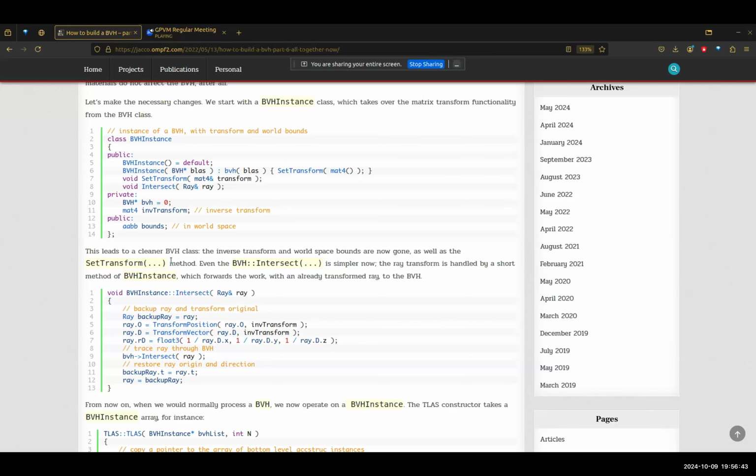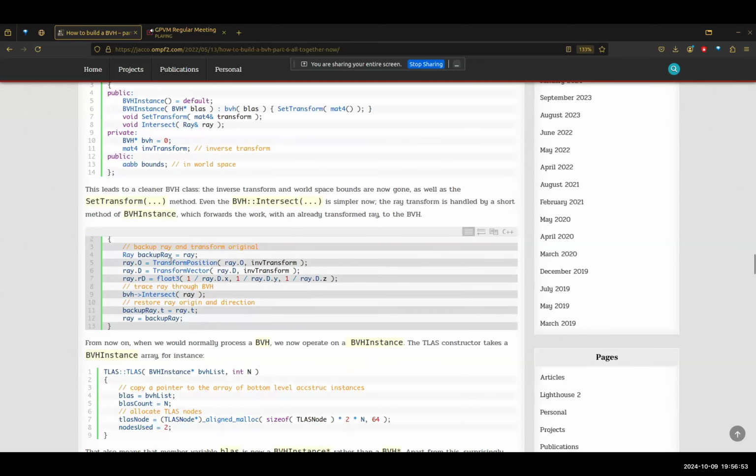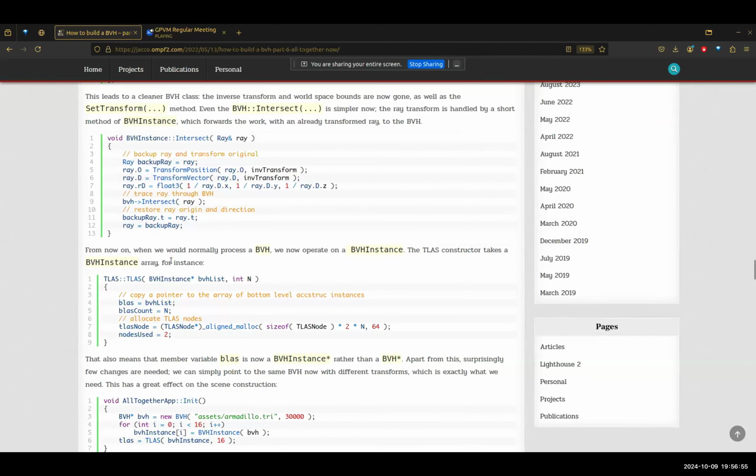Ray transforms are handled by a short method: the BVH instance forwards the work, and already transforms the ray into the BVH. So now instead of operating on BVHs, we're operating on BVH instances. The TLAS constructor takes a BVH instance array